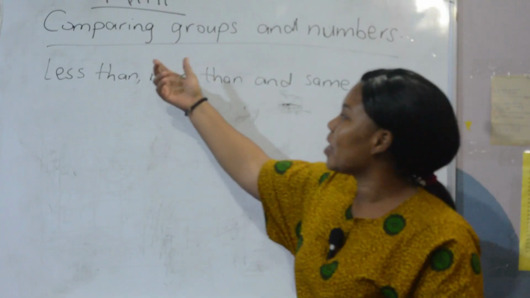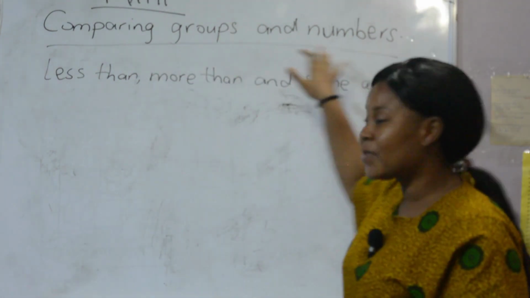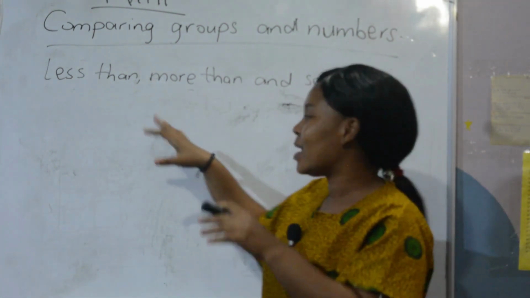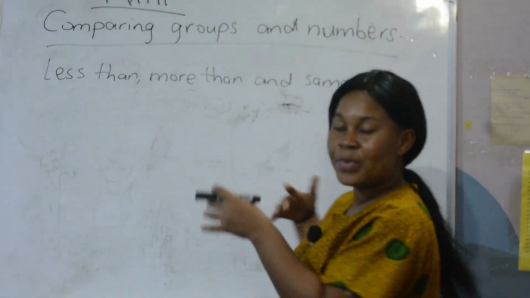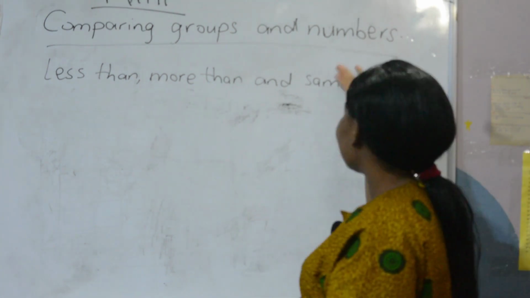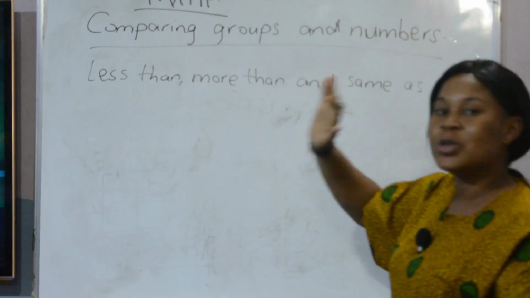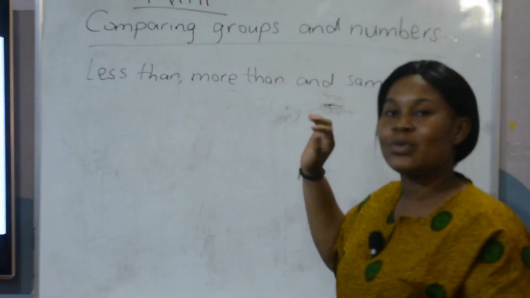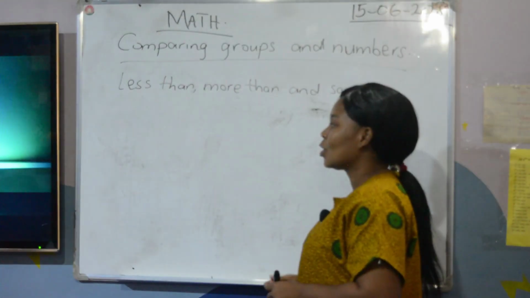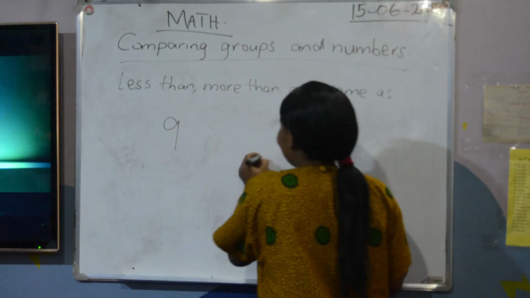We have comparing numbers. Comparing using the numbers. The first one we did was comparing numbers in the groups. So you saw that I made a diagram and then I compared the numbers in the diagram or the boxes. But in this section, we are coming to compare the numbers. So we will not draw any box. We will just write the numbers there and we will compare them. So example, if you have 9 and 19,